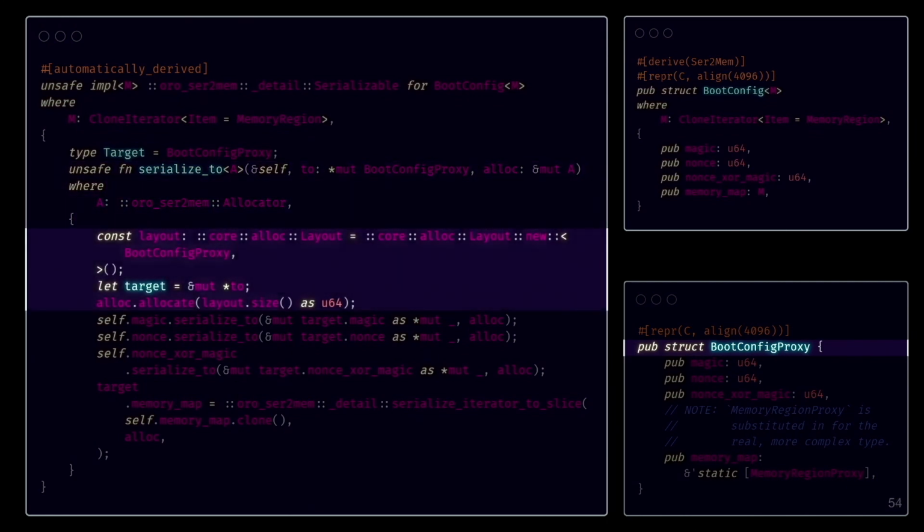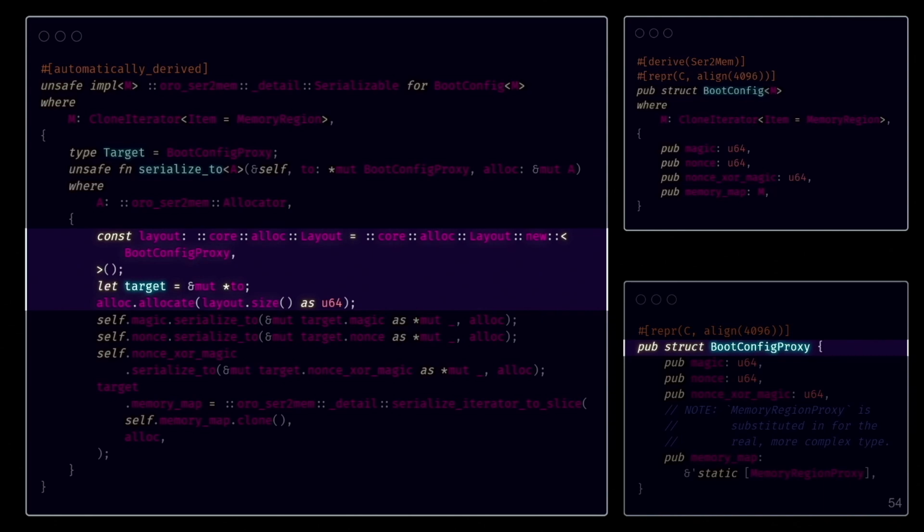So we have our layout. If you're not familiar with layouts, a layout is kind of like sizeof in C, but it also has alignof from Zig, kind of the same things. A layout is just how big is something and what is the alignment. If you don't know what alignment is, that's okay. Alignment is just this thing has to start on this byte boundary. So if it's aligned to 4 bytes, it means that the address at which it starts is neatly divisible by 4. That's alignment, right? And it's a requirement by CPUs and chips and processors and all sorts of stuff, right? So a layout includes that information.